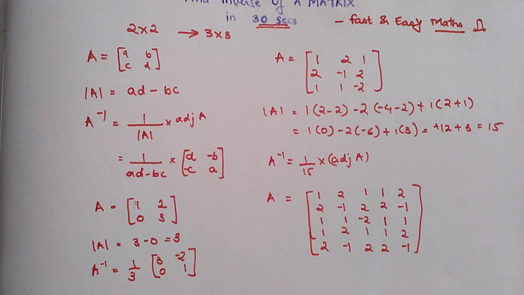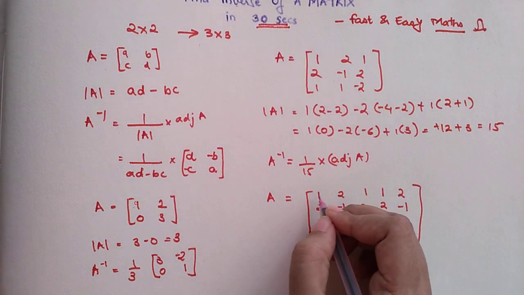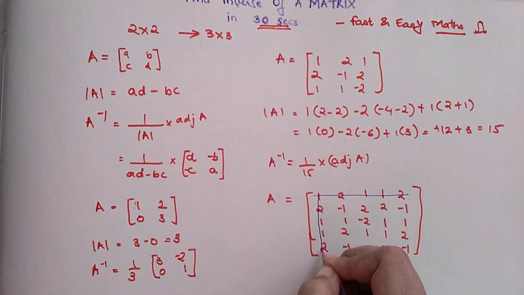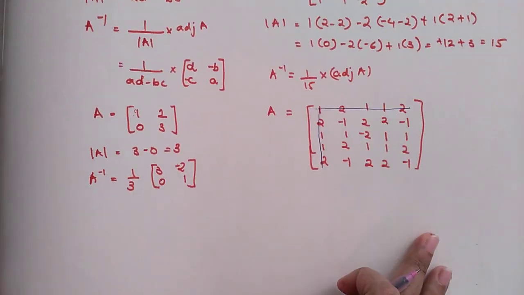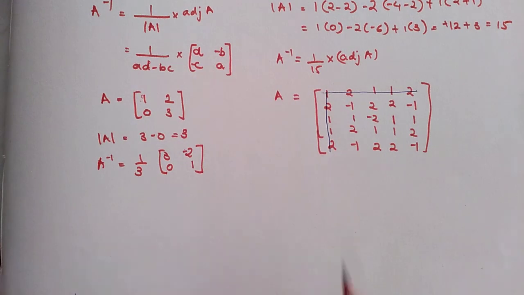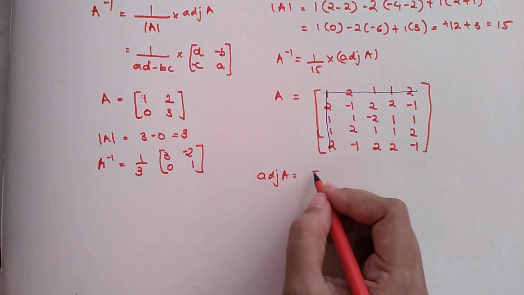So now as you saw, this actually became a very big matrix, but you don't have to worry. First things first, we'll strike out the first column and the first row. After doing that, we can now say the adjoint of A, we just simply